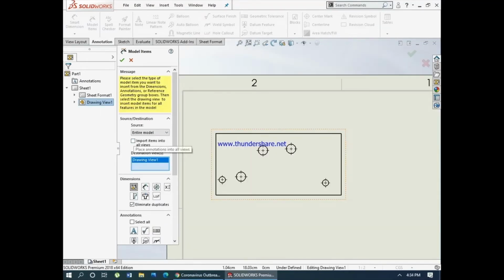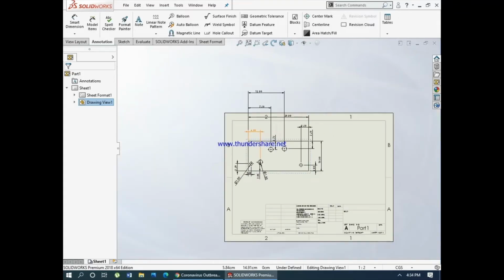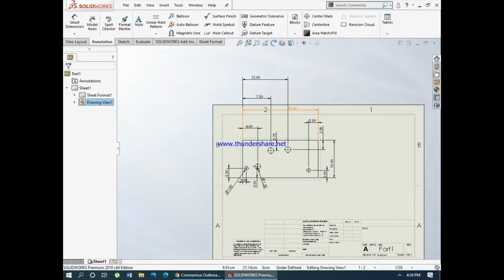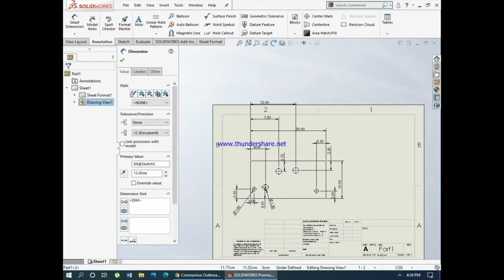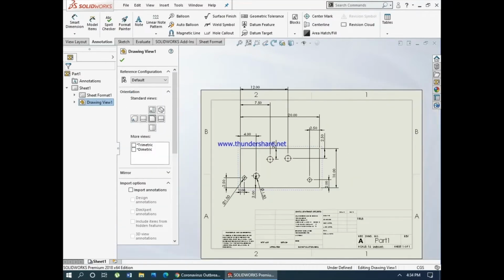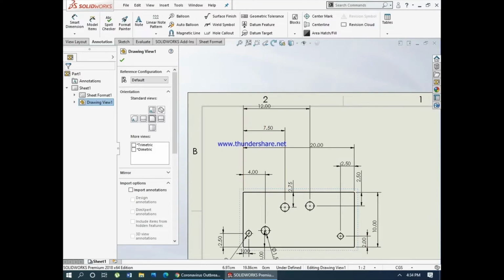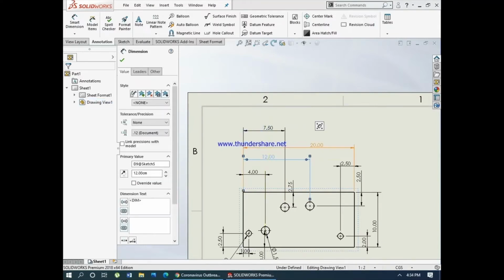Select the model items and select the entire model option. So if you tick mark it, whatever dimensions are given in the 3D modeling, all these dimensions appear directly, no need of giving dimensions one by one. SolidWorks recognizes the dimensions which you have given in the 3D model and automatically calls them into the drafting. Okay, now I'm just setting the